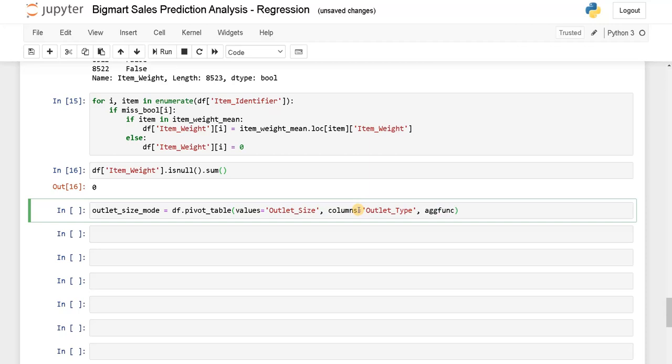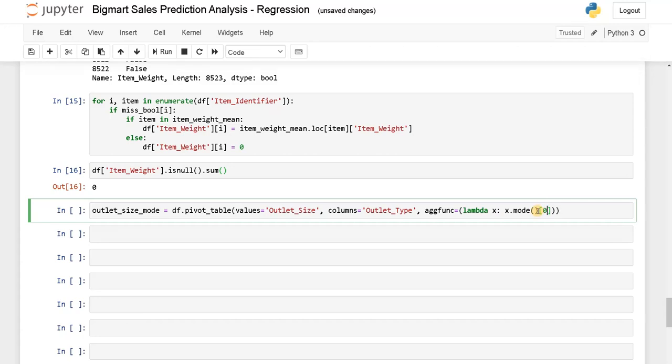These are all some input parameters. You have to go to the documentation of pivot table to get more detailed information about this. Aggregate function equals, we're going to create a lambda function, lambda x: x dot mode of 0. In mode, we will have two values.